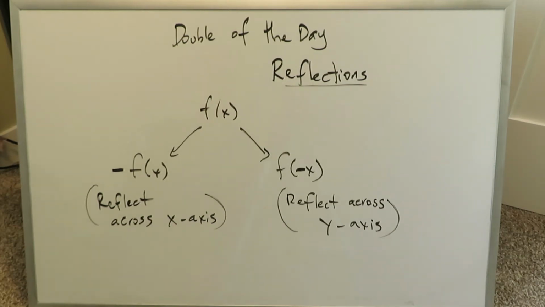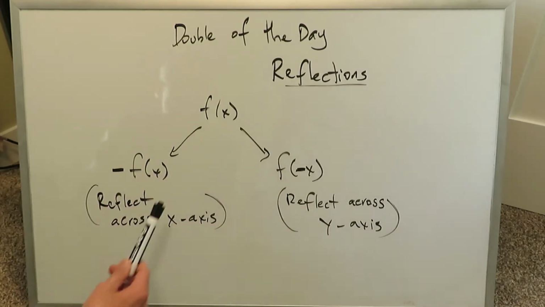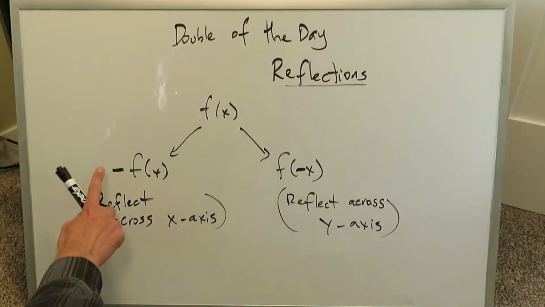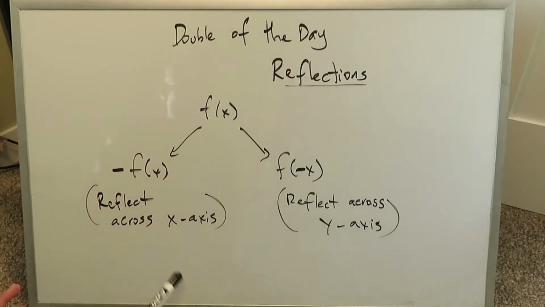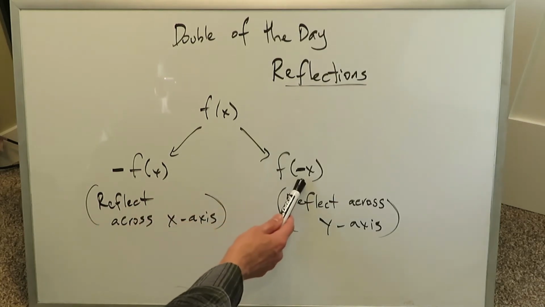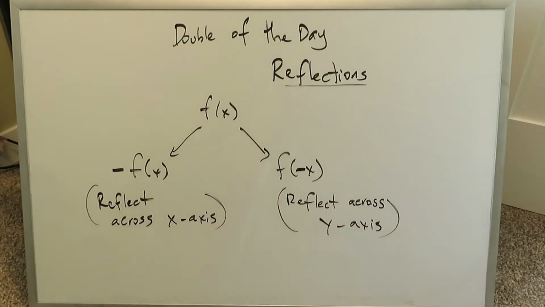Let's continue with this very important topic, generally graph transformations, but here looking very specifically at reflections. If you have a certain function, f of x, you can have two types of reflections based on the coordinate axis that you're looking at. If you place a negative sign outside of your function, you can reflect that graph across the x-axis. If you place that negative sign but within the confines of your function, you'll end up reflecting it across the